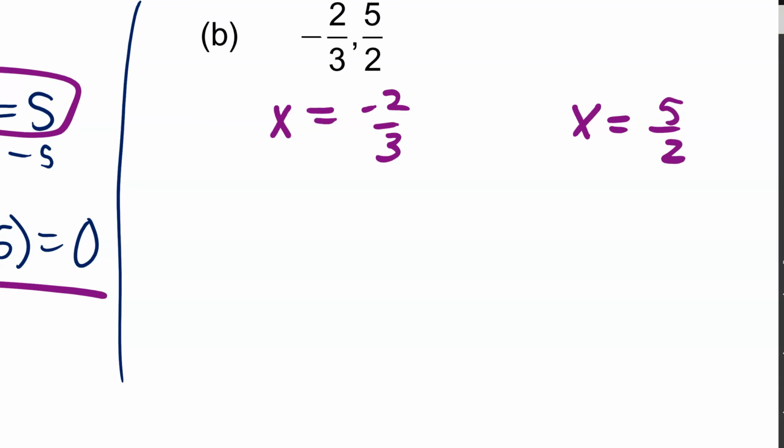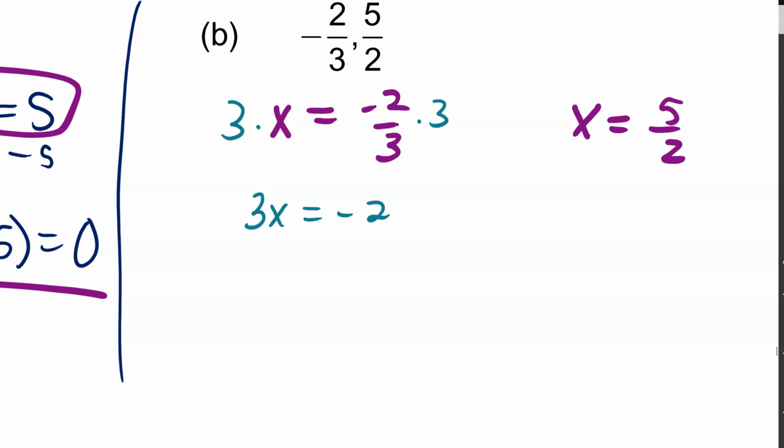So what I could do is add 2/3 to both sides. So I could have x plus 2/3. But then we're going to have to FOIL and have all these fractions. No, I don't want to do that. A better idea: what if I multiply both sides by 3? So then I have 3x